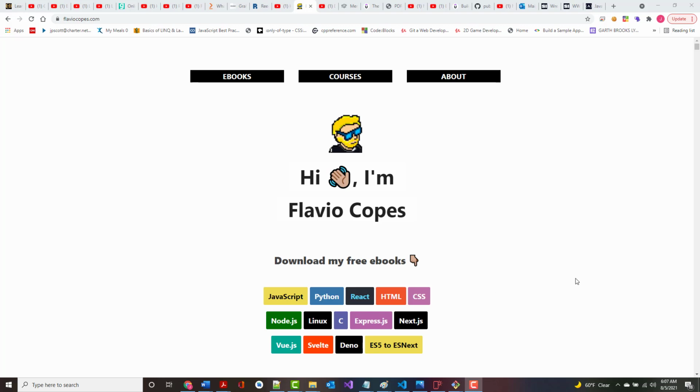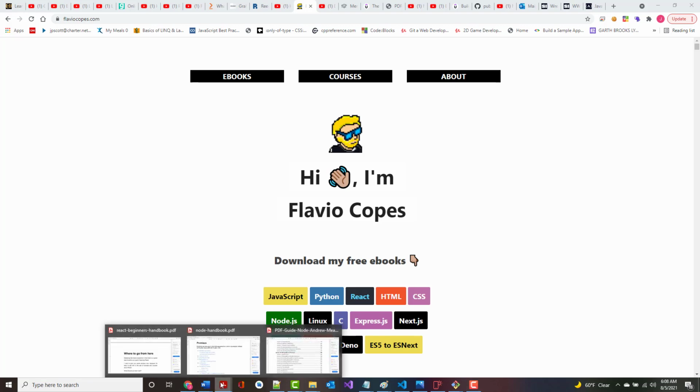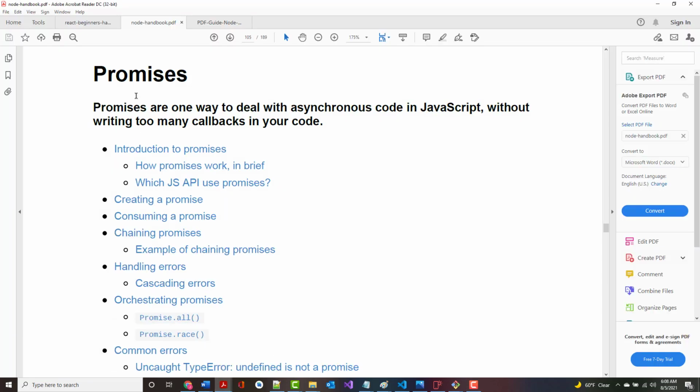This is my 6th of 7. I've done HTML, CSS, JavaScript, ES5 to ESNext, and React. And now I'm in the Node.js. And before we get in, which is what we're going to do now and talk about promises, we're 105 pages